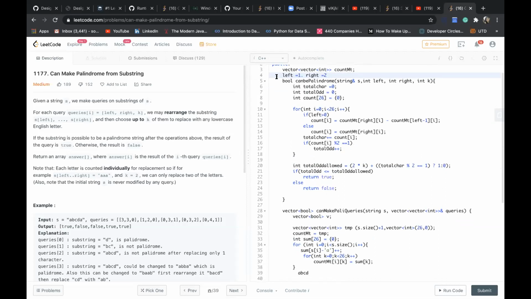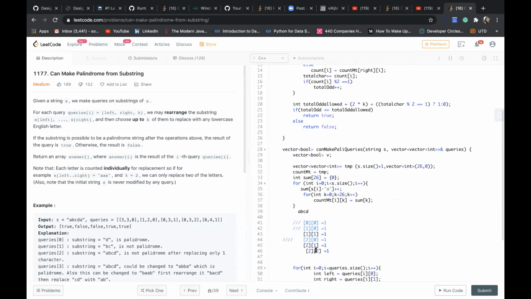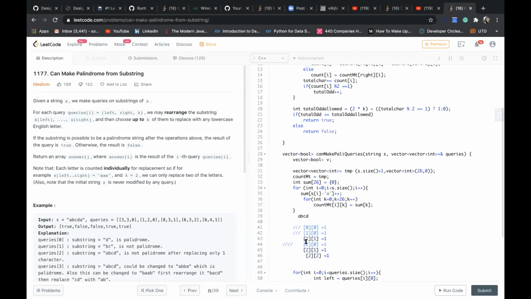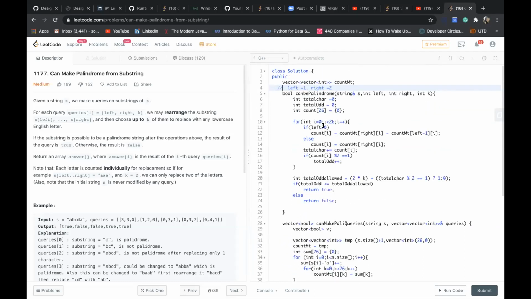Let's suppose this is what we have in our query. Now I subtract all the values in this loop. One thing to consider is that left should be greater than 0, otherwise it will give an overflow error. And I'm subtracting the left index value from the right index value.